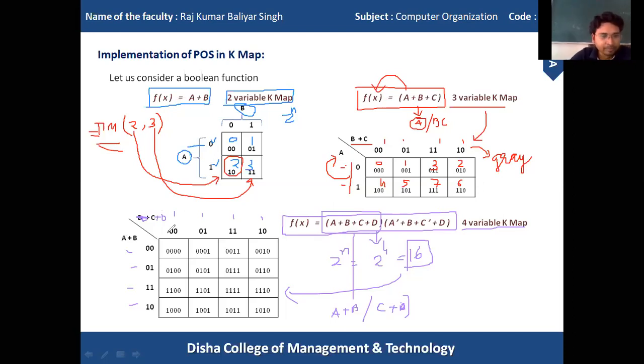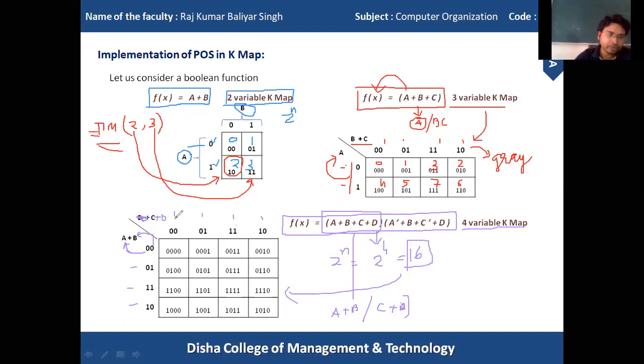So A plus B: this 0, 0, 1, 1 represents A, and this 1, 0, 1, 0 represents B. The same way, this 0 represents C, and the second 0 represents D. 0, 1, 1 represents C, then 1, 1, 0 represents D.